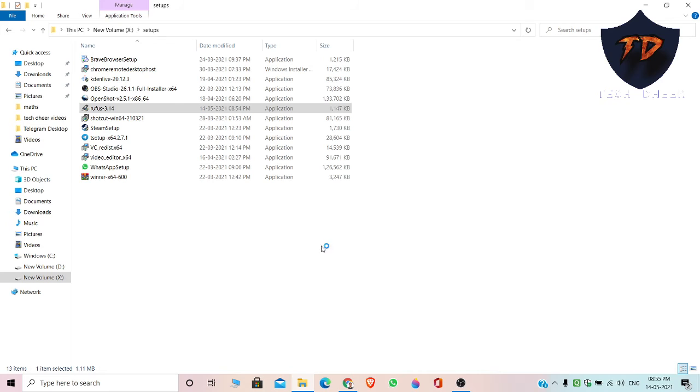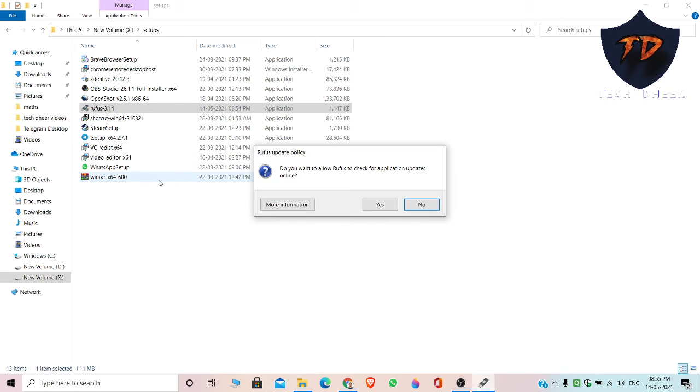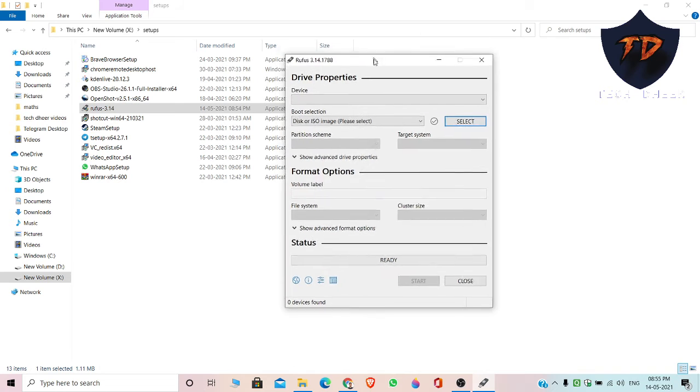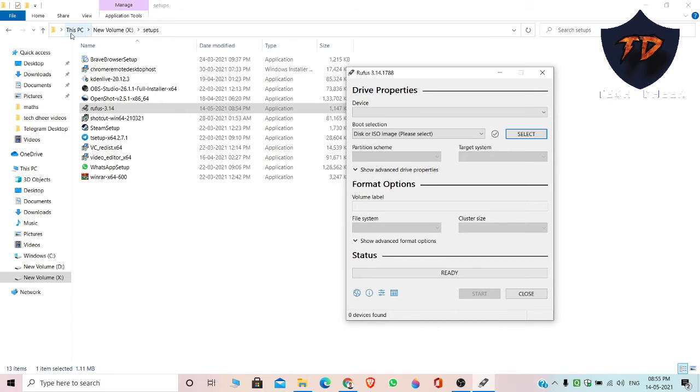And then you will get show more details and yes or no buttons. Click on yes, and when you click on yes, you can see, do you want to receive updates? I don't want updates. It's better to click on no, and you can see Rufus has been launched.